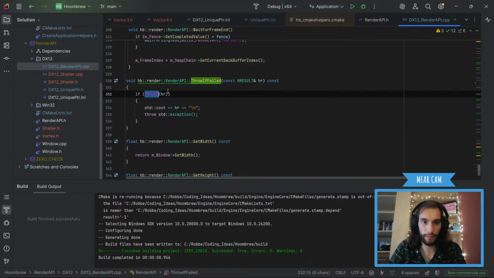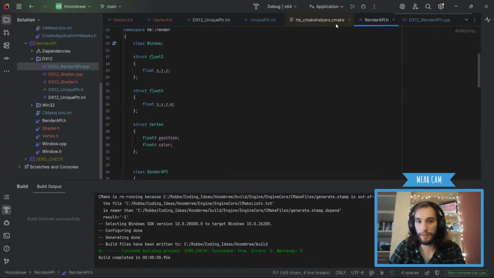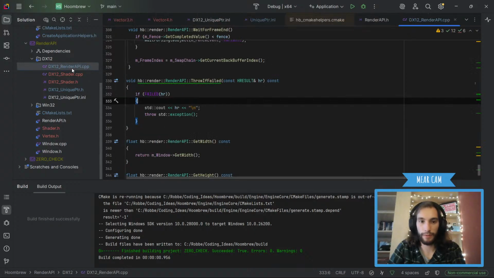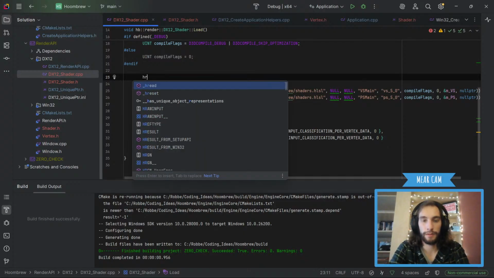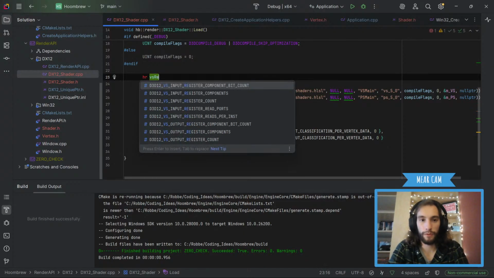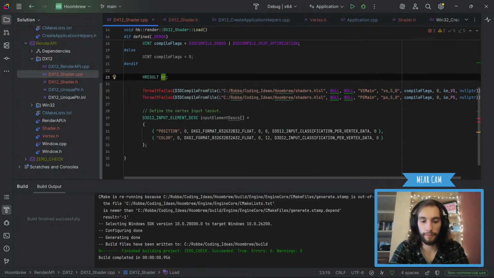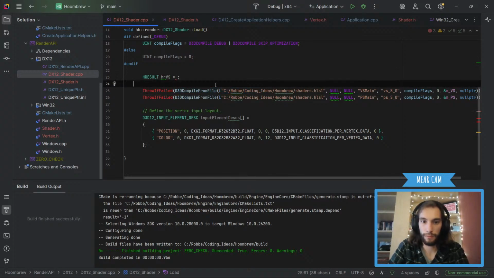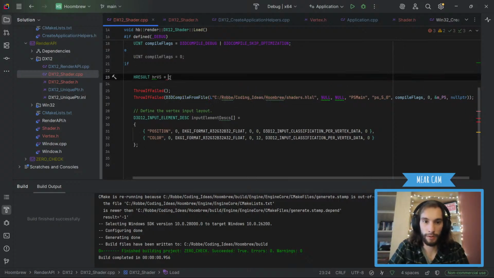We're fine. Okay, so we need to do failed HR. So we can do render API, we're gonna do HRESULT, hr vertex shader equals compile this, yoink, paste it in here.